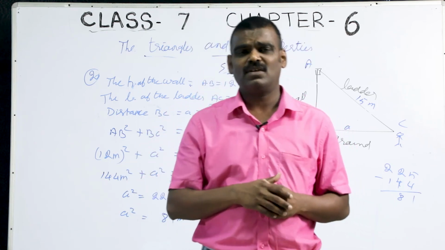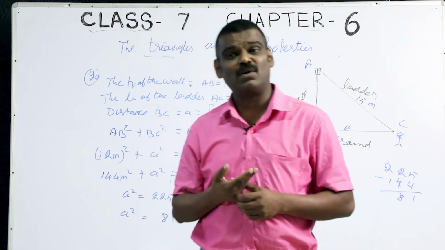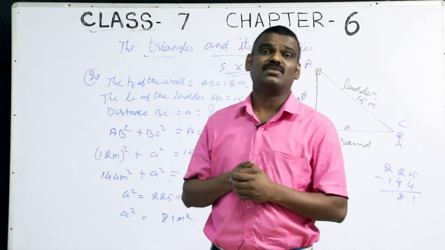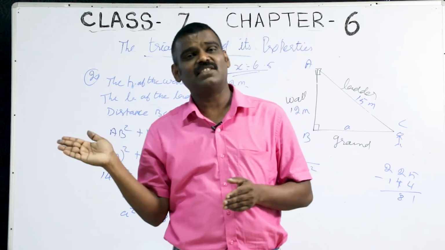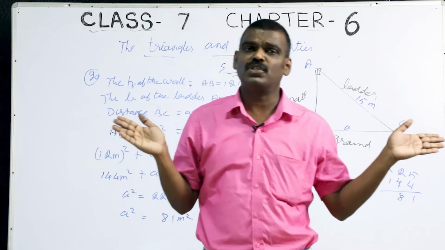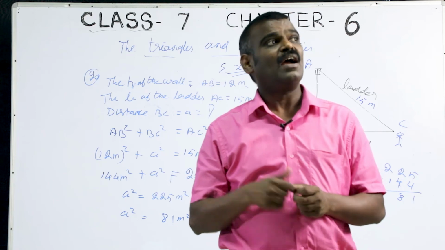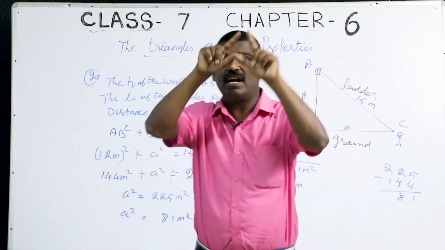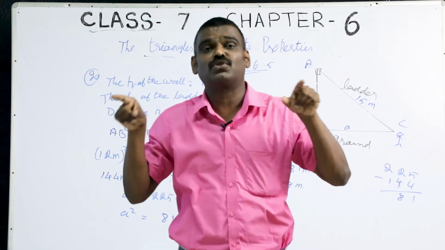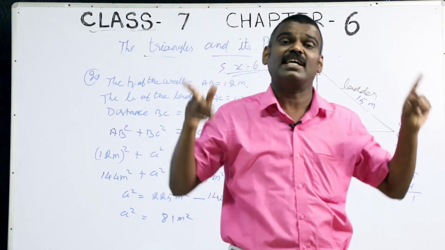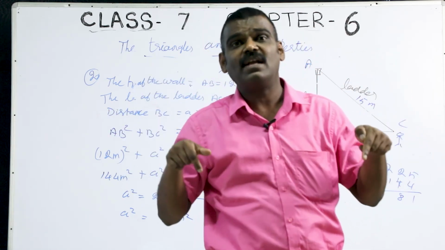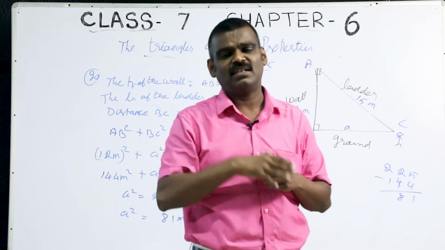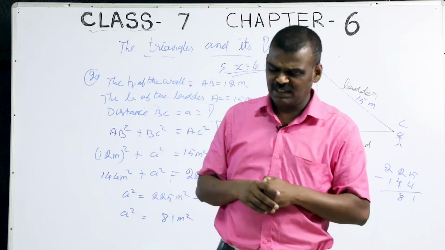Then what is a right triangle, we will learn. Isosceles triangle we will learn. We also learn equilateral triangle. Yes or no? We also learn the exterior angle theorem. What is the exterior angle theorem? The exterior angle is equal to the sum of the opposite interior angles, that we learn. Also we learn the sum of the angles of a triangle. When you add all three angles of the triangle, you are supposed to get how many degrees? 180 degrees, that we know. But today we will learn how it becomes 180 degrees with the help of a small activity. Yes or no? All those things we have learned.